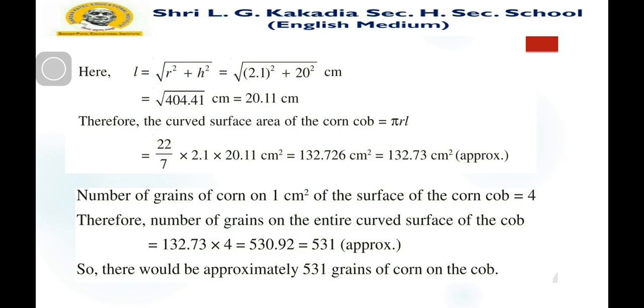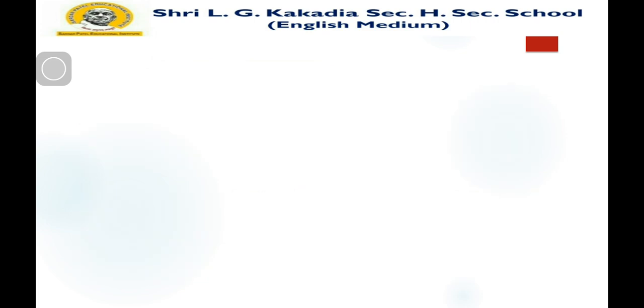So in this way we can solve such type of example using only two given formulas. Now let us solve some examples from exercise number 13.3. Assume pi 22/7 unless stated otherwise. If the value of pi is given as 3.14, then we take the value of pi as 3.14, but if it is not stated, then we take pi equal to 22/7.